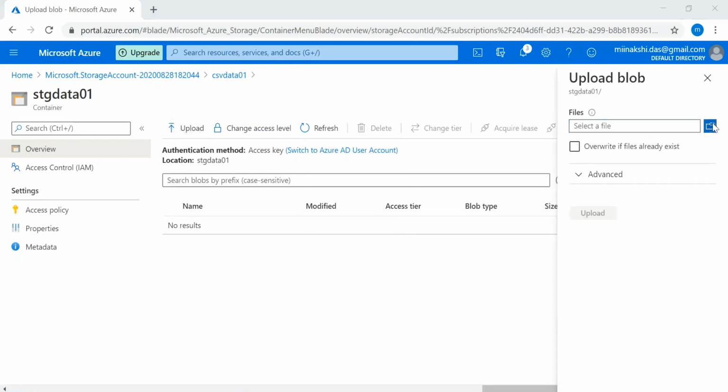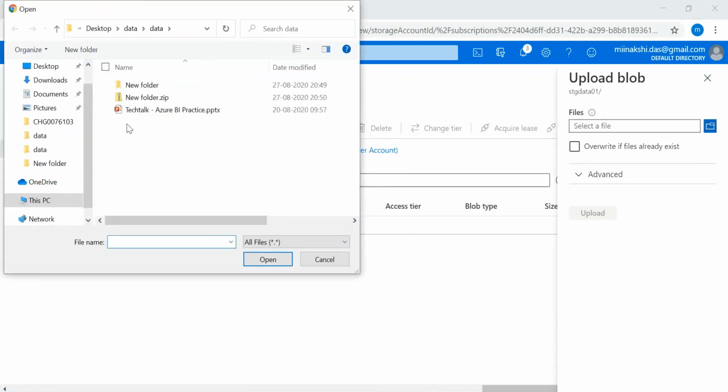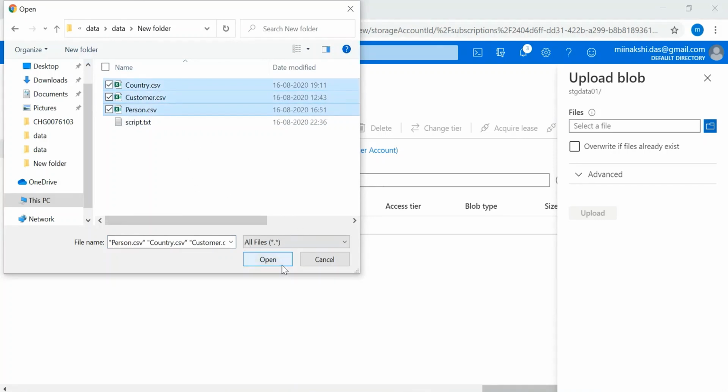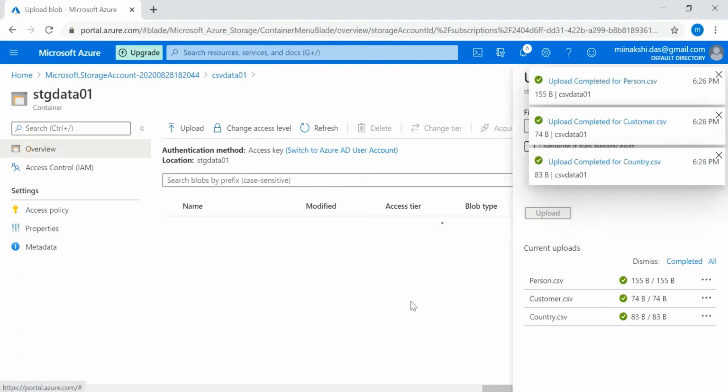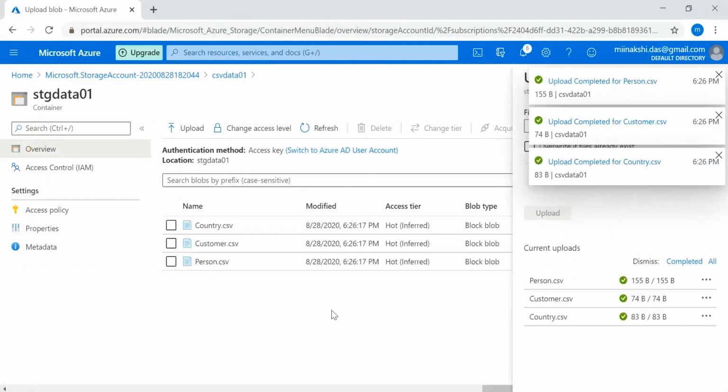You can browse the files. It is the same as file browsing on our Windows machine, so it is similar to that. We can select multiple files. Upload. All the files are uploaded.